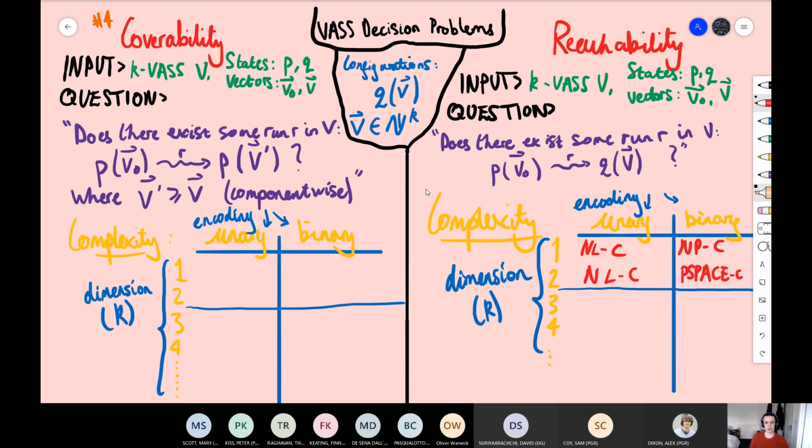You can imagine showing NP hardness quite easily by encoding subset sum or partition on the edges of these and have states represent kind of decisions of whether you include an element from your subset or not. But PSPACE completeness maybe to me is slightly surprising, but it shows how hard this problem is. And we're only in dimension 2, right? Hence why I drew this blue line. It's kind of like the scary zone. Not much is known, to be honest. It's kind of bonkers down here.